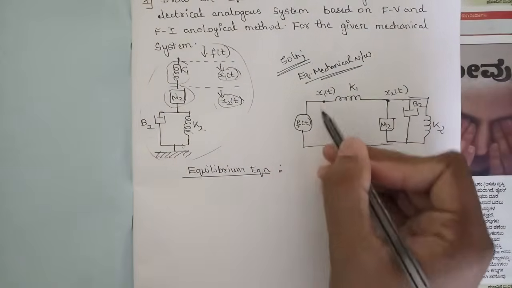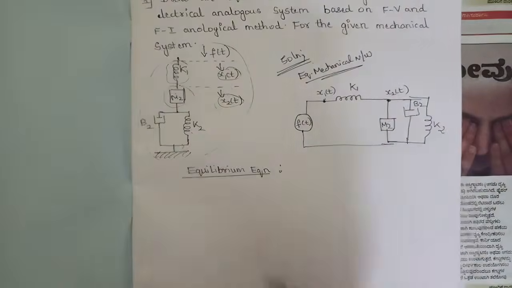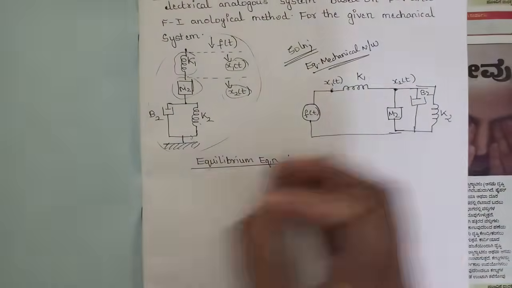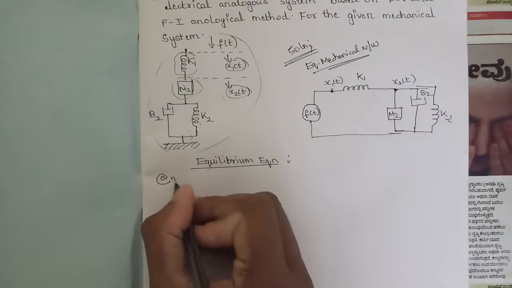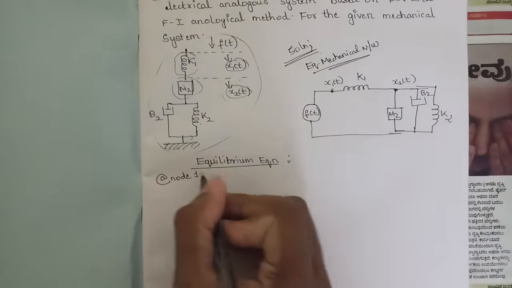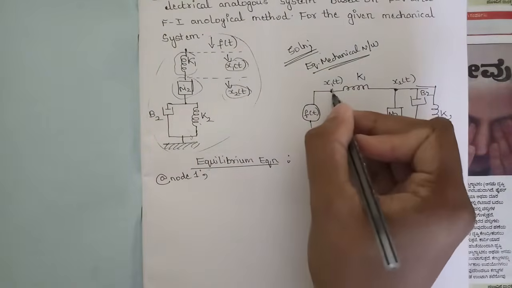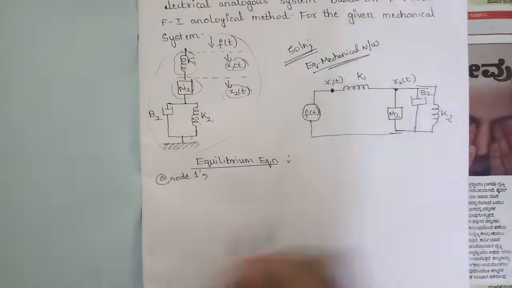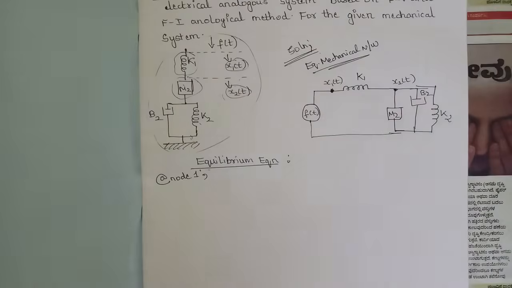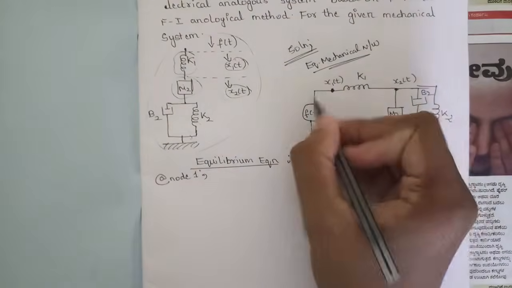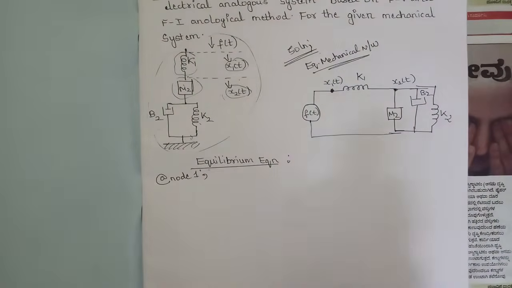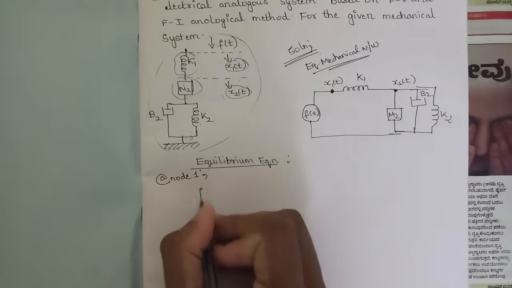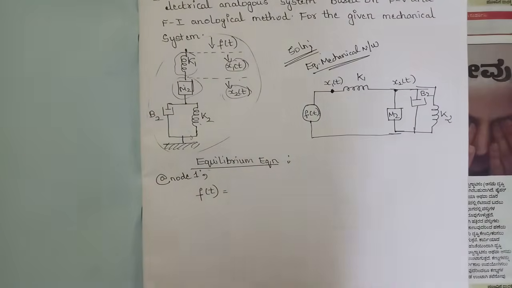Since we have two nodes here, at x1 of t and x2 of t, we need to write two equilibrium equations. First, for node 1, write like this, at node 1. At node 1, what are all the components present? One is this force and the k1 spring. So what we need to write is f of t is equal to